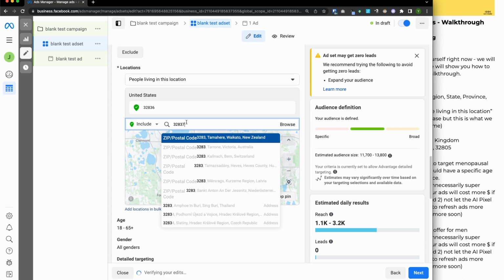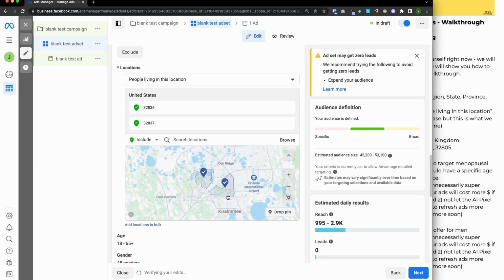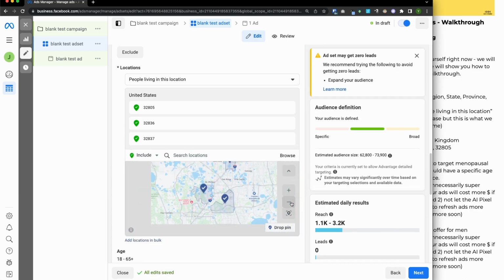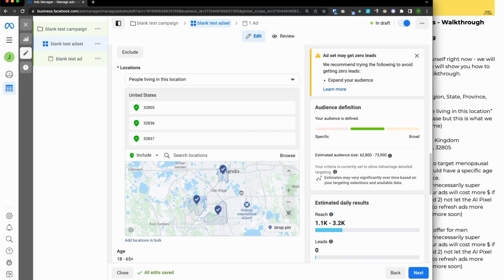32837. Let's see if I can get that as well. I think that should be the neighboring one. Yep. So I skipped one in between. I don't remember exactly what that was, but you can see we can target specific zip codes as well. And I know there's another one, 32805. Let's see if that'll be another zip code somewhere right there. So all of these are different zip codes that I'm remembering,